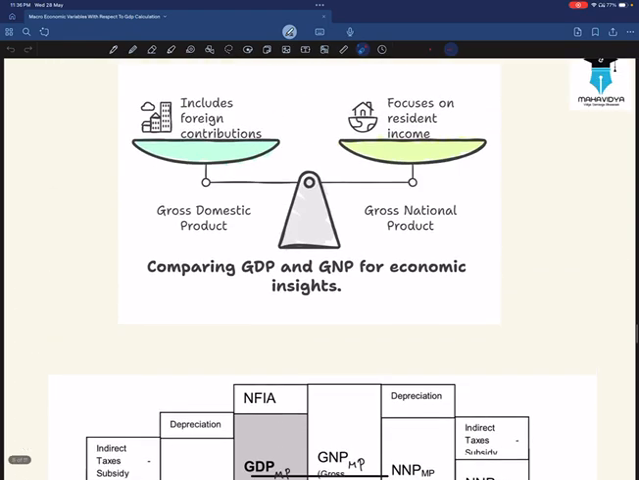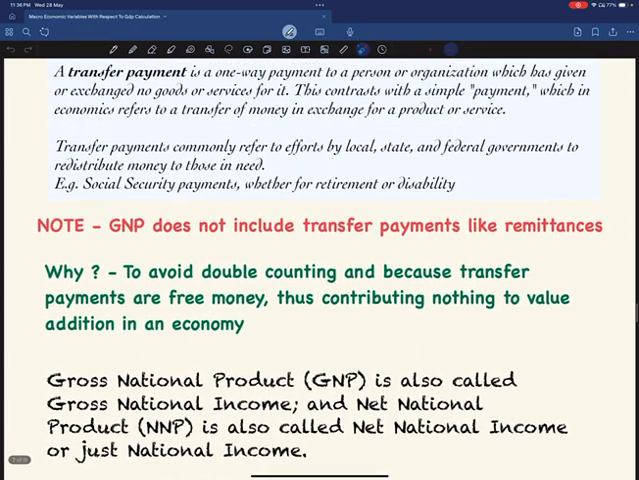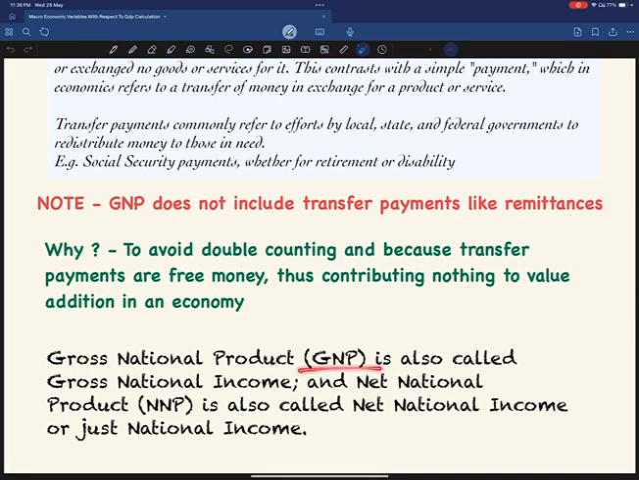Okay, so we will see it in the next slide. So GNP is also called gross national income. As you have seen,